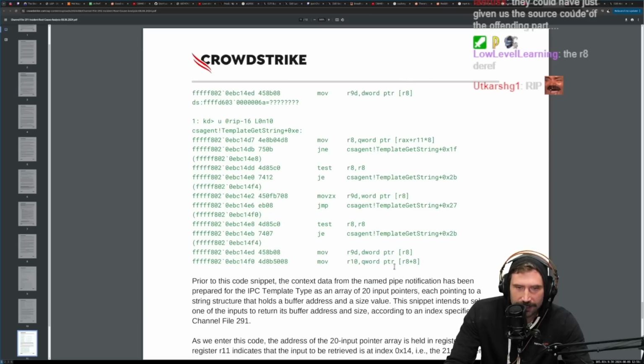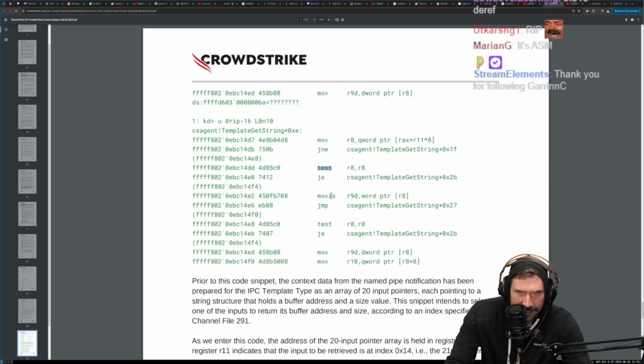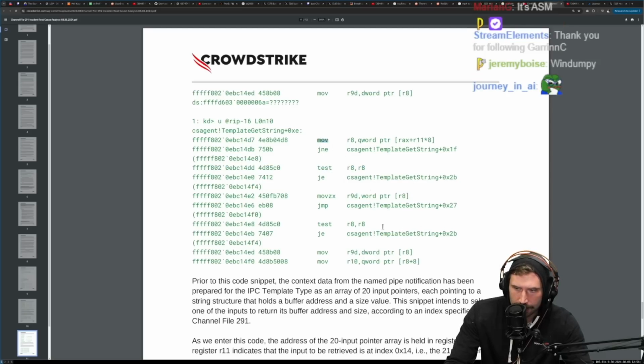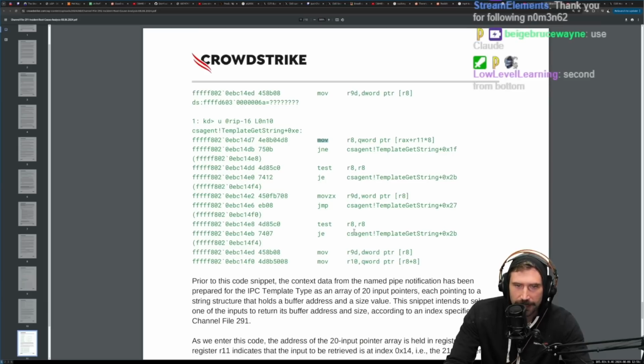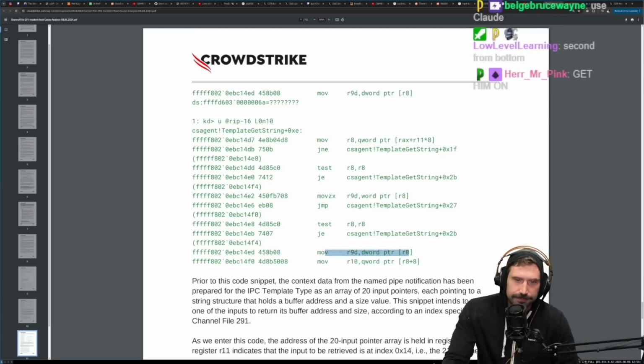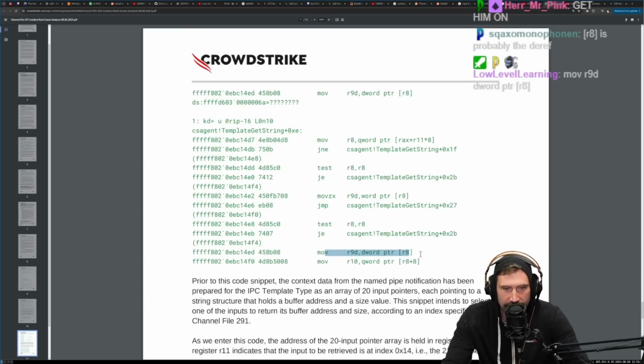The R8 deref. Okay, R8 deref. So we got this deref. I'm not sure what does a deref. Is a test a deref? My assumption is no. We got a move. It's assembly. Second from the bottom. So the R9D dword pointer, R8. We do a move.